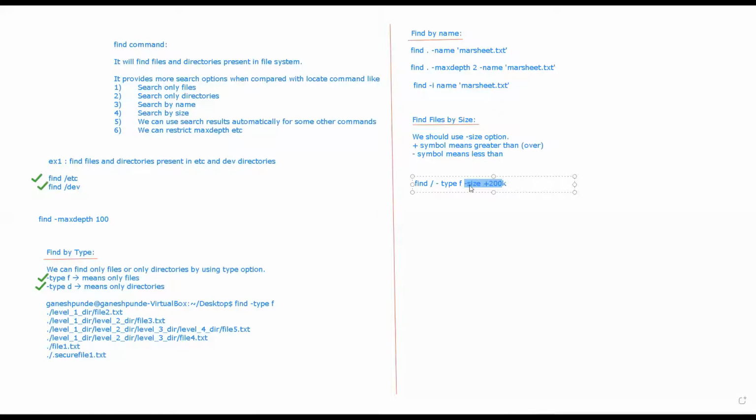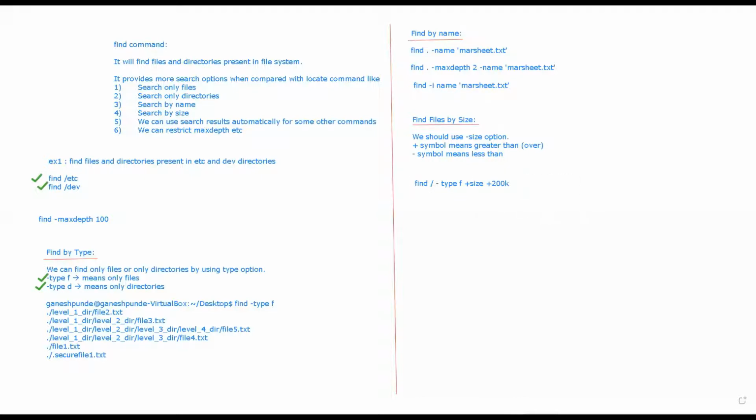If I say plus here, it will search for greater sizes, so it will now search for files greater than 200 KB. So this is how you can find a file by size.